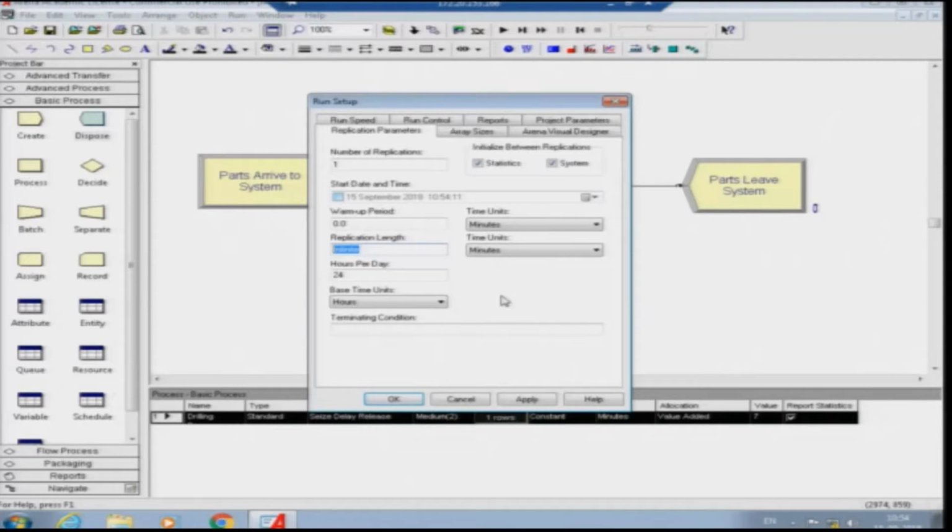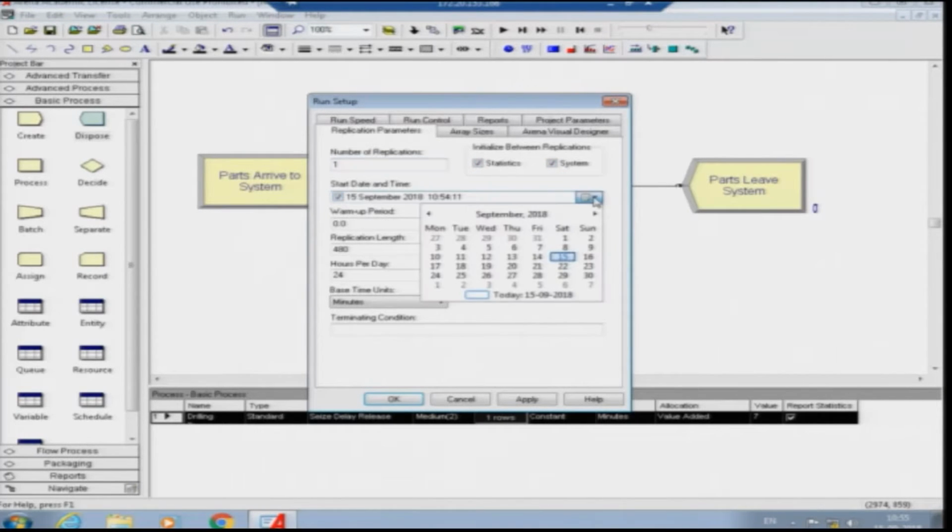So, an 8-hour shift in minutes, each hour is 60 minutes, so an 8-hour shift is 480 minutes, and 24 hours per day, and basic time units set to be minutes. Once you set this up, then you are ready for the simulation model to run. Just remember that the number of replications is initially 1, and initialize between replication systems and statistics checkboxes need to be checked.